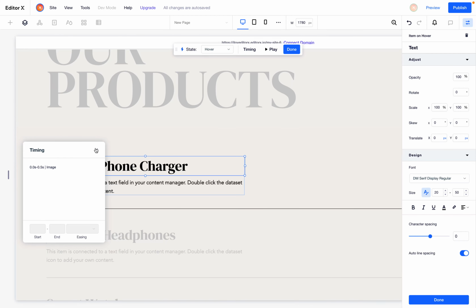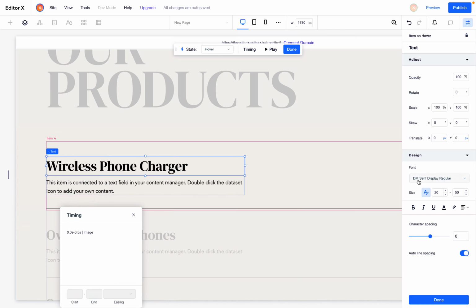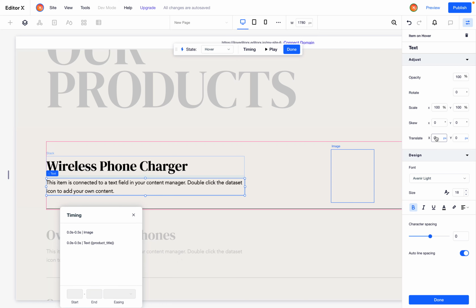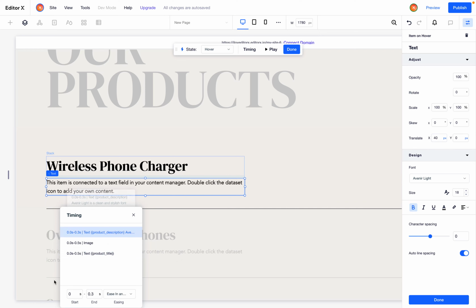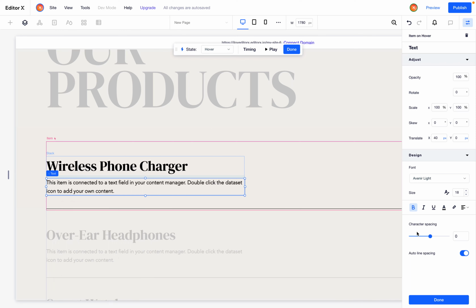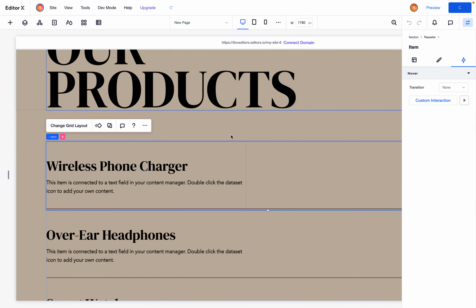So I want to push this title, let's say 40 pixels in the hover state to the right side, and it will take 1.5, and the description also 40 on the X axis, and it will take a short time, 0.3. All right, so let's click done, publish it,